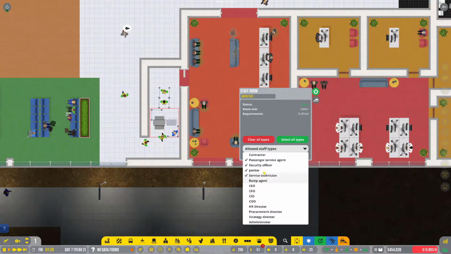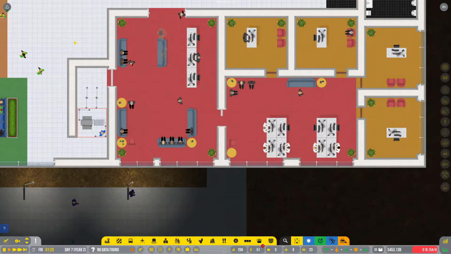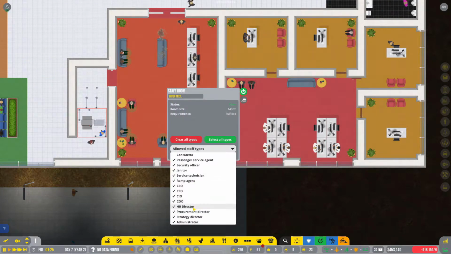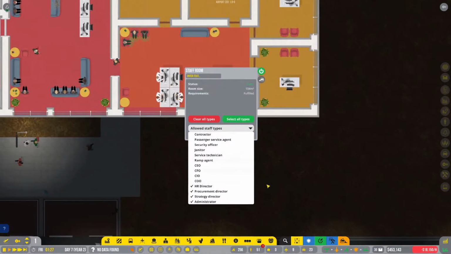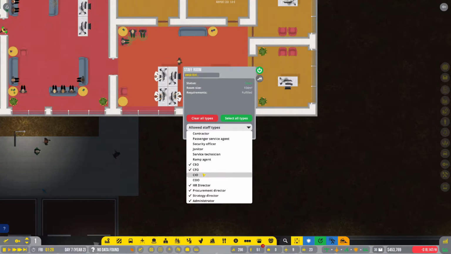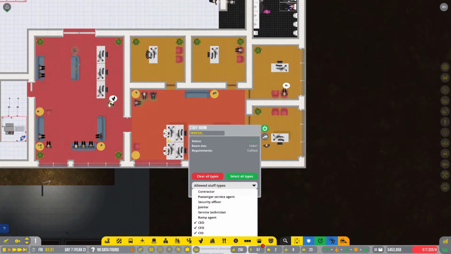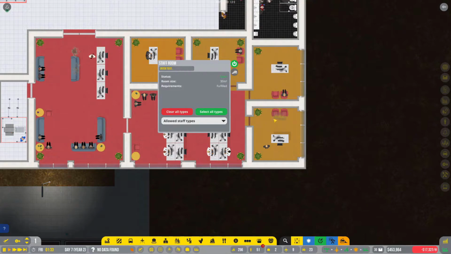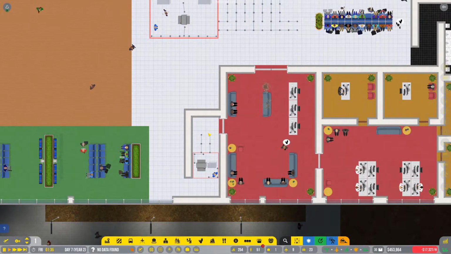I just realized something. I should probably make this room usable to everybody, just because now I have them all going through here. But yeah, they all have to come through here anyway. Same with here, I should probably be allowing the CEO, CIO, CFO, COO, let them all go through this zone. I wasn't thinking when I made that clearly. Okay, so